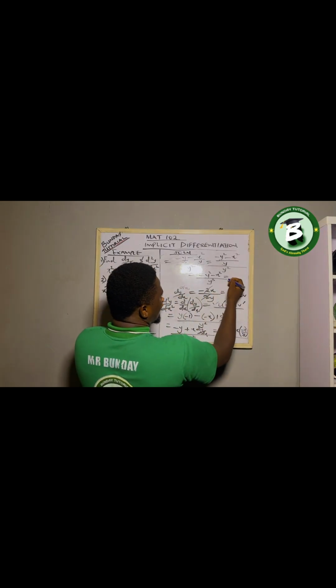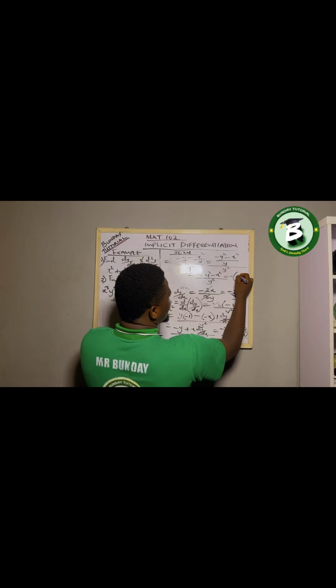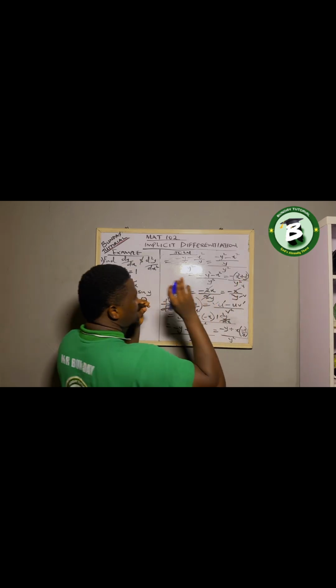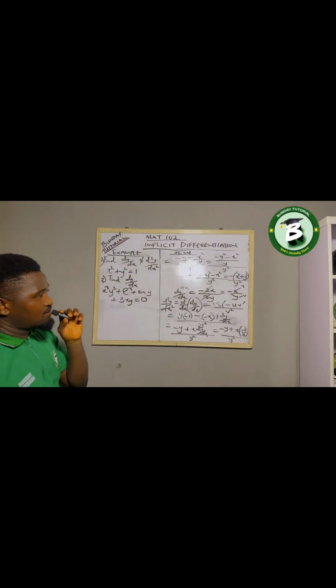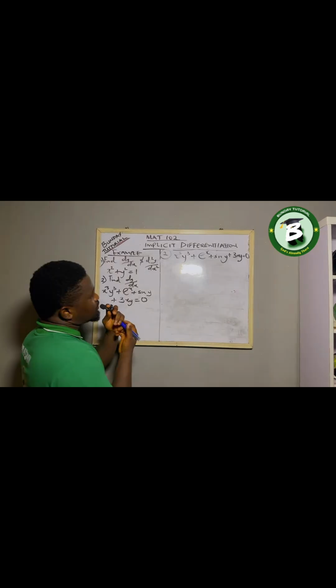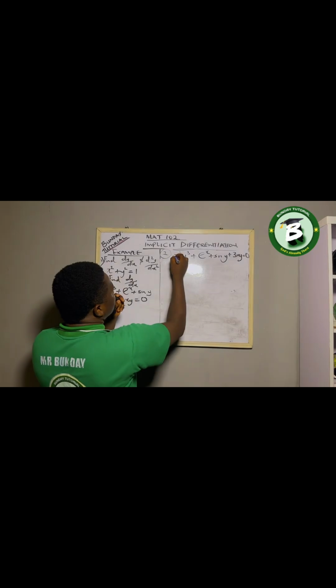Alright, so quickly I can just factorize the answer. This is minus into what? x squared plus y squared all over what? y cubed. That's the answer. Can you see that? So I've gotten it like that. See the second example here under